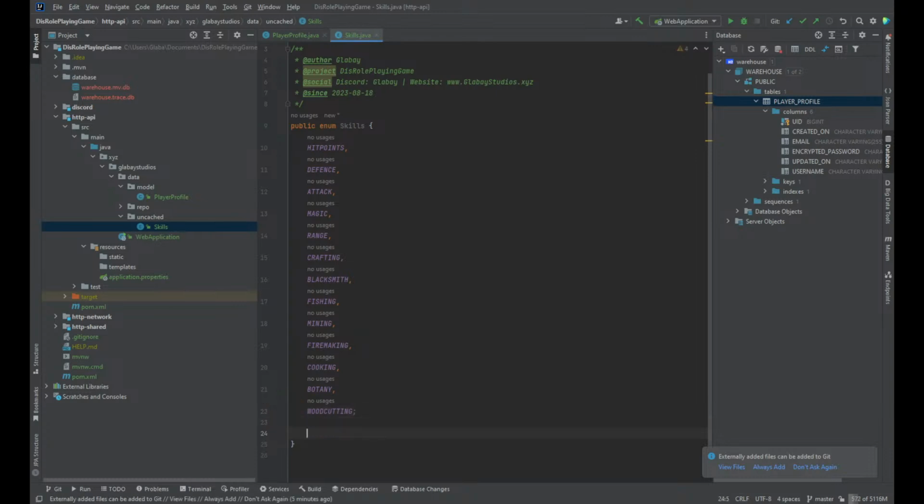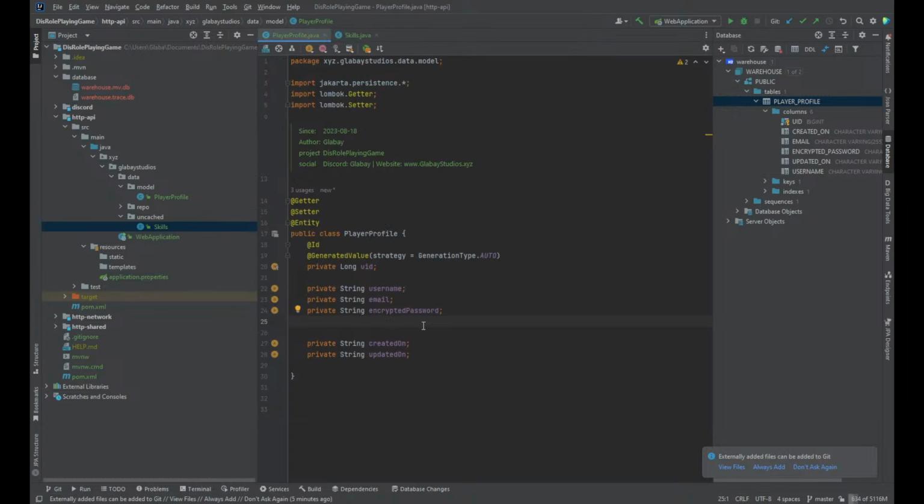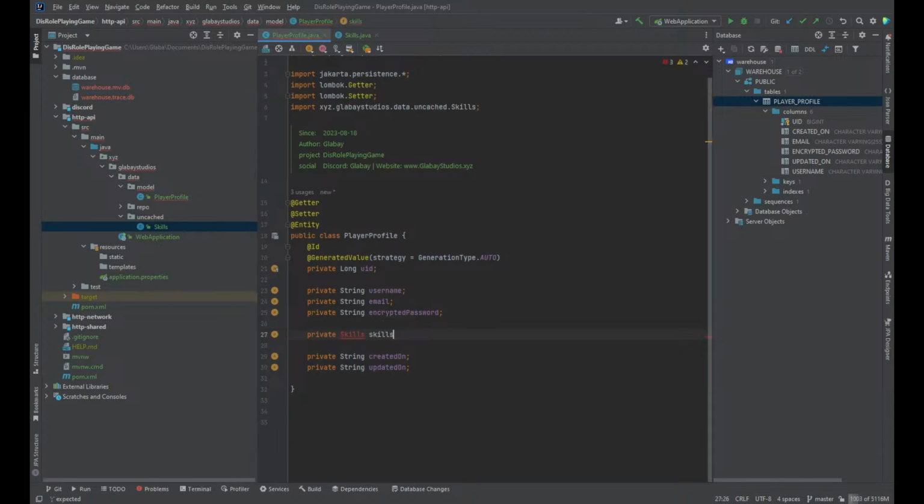Now we're going to make a public void on here. Actually, no, I don't need to put that in there. That's just going to be our skills. So player profile is also going to have a private skills, that we'll pick at a later time as well. Player is also going to have a